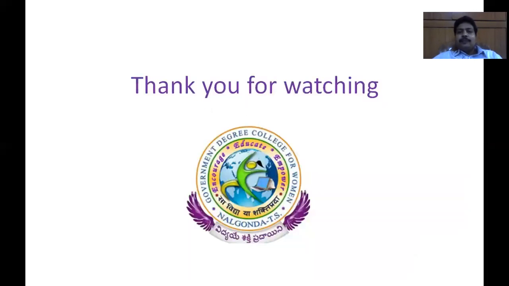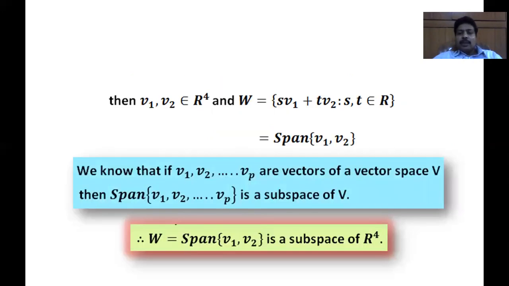So in this way, we can conclude that in a single step, we can show that it is a subspace. We have to show that the given set is spanned by some vectors of a vector space. That is enough to show that it is a subspace of the given